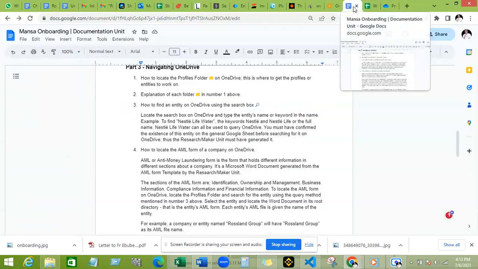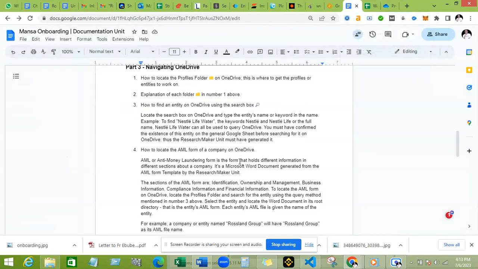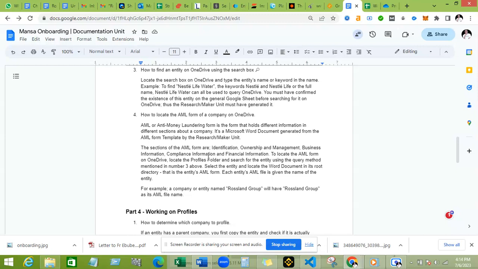What I have here says AML, or anti-money laundering, form is the form that holds different information in sections about a company. It's a Microsoft Word document generated from the AML form template by the research maker unit. The sections of the AML form are identification, ownership, management, business information,